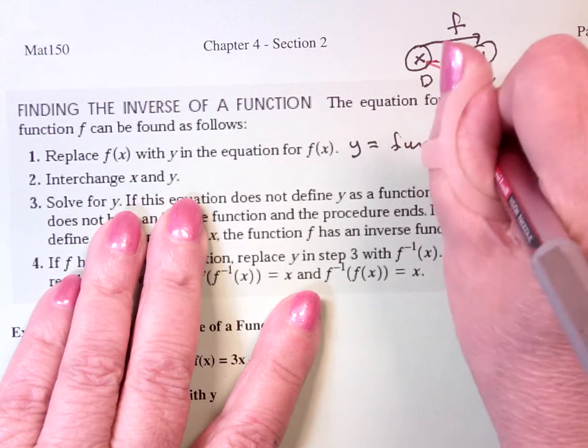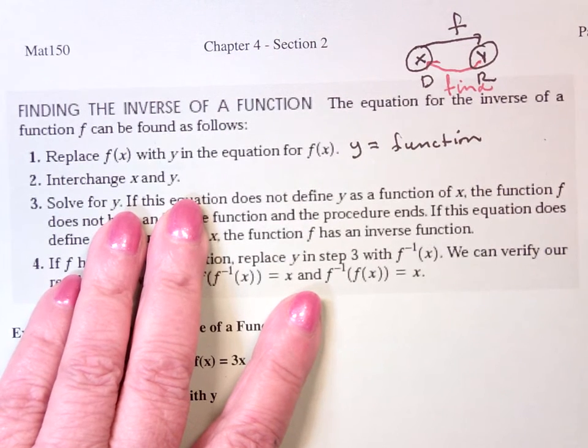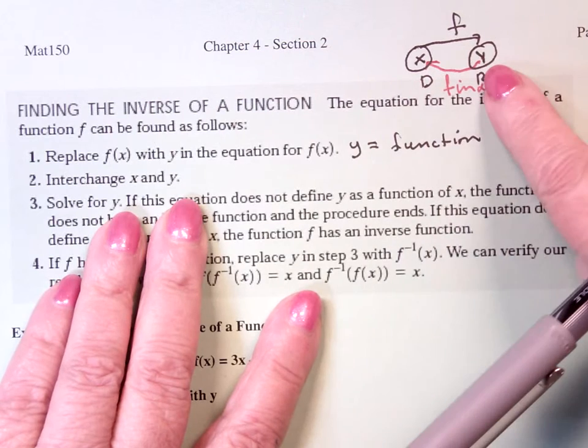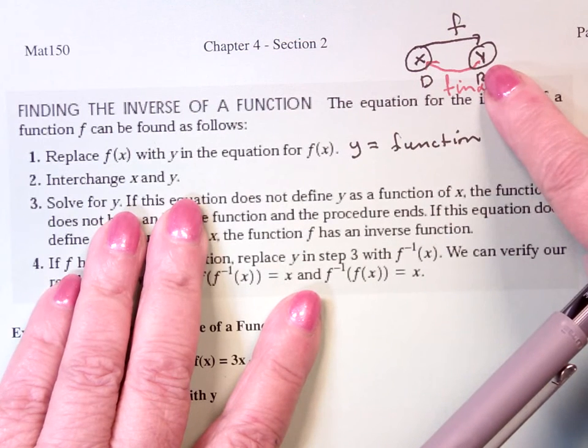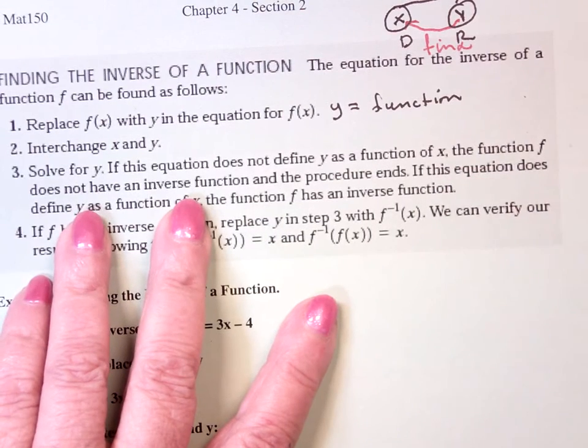and I want to find the rule that brings me back. In other words, I need to find that function's undo button. So when I flip it, I'm now over here, and I'm going to find a way home. Solve for y,